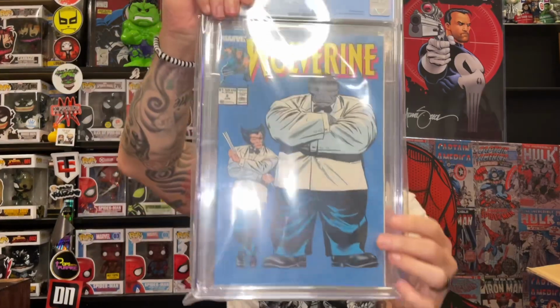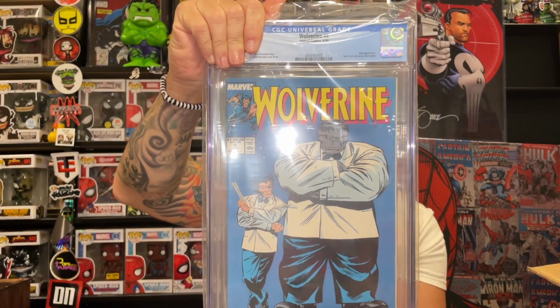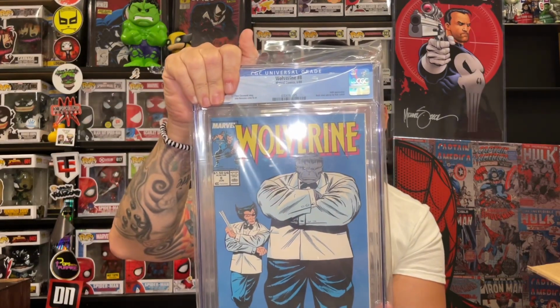All right, moving on. The rest is all Wolverine. So this is another one for my personal collection, a display piece. This is Wolverine number 8 from 1989. Who can't forget that cover? Wolverine, Grey Hulk, awesome. This one, like I said, came back a little bit lower, but still happy